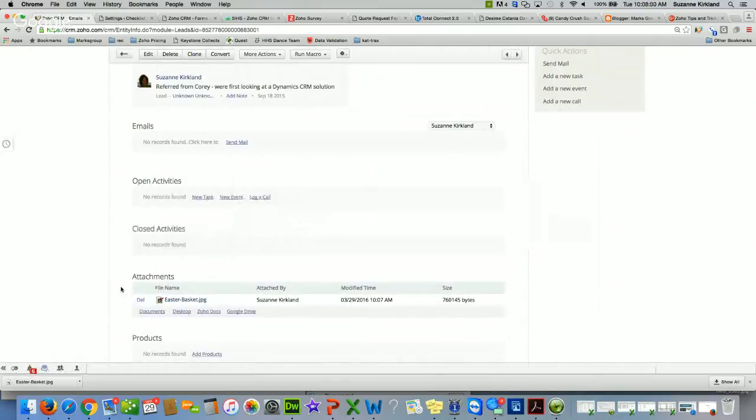So now I do have my Easter basket image, and it's attached, but I don't really see the image. I just see an icon, and in order for me to see it, I have to download it. I can't view the image as an image in my Zoho record. I have to click download, download it to my computer before I can see the image. So that's not really helpful